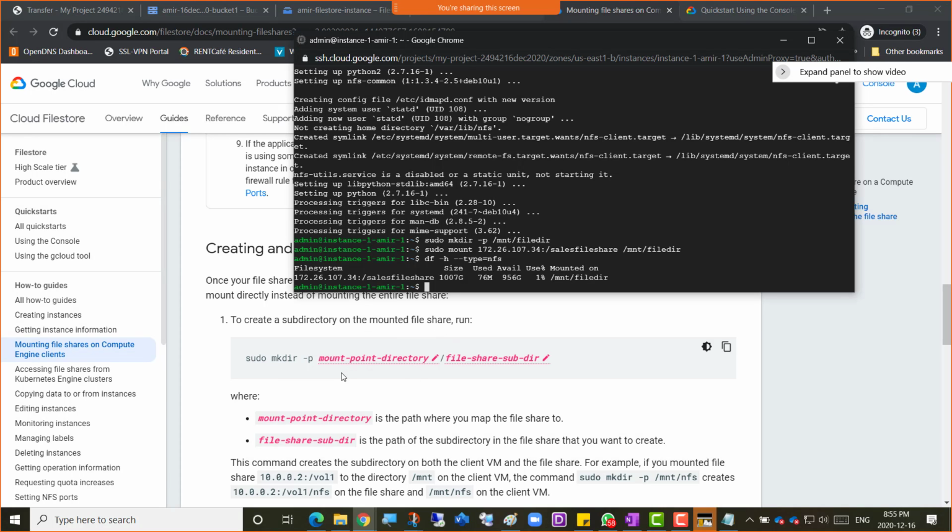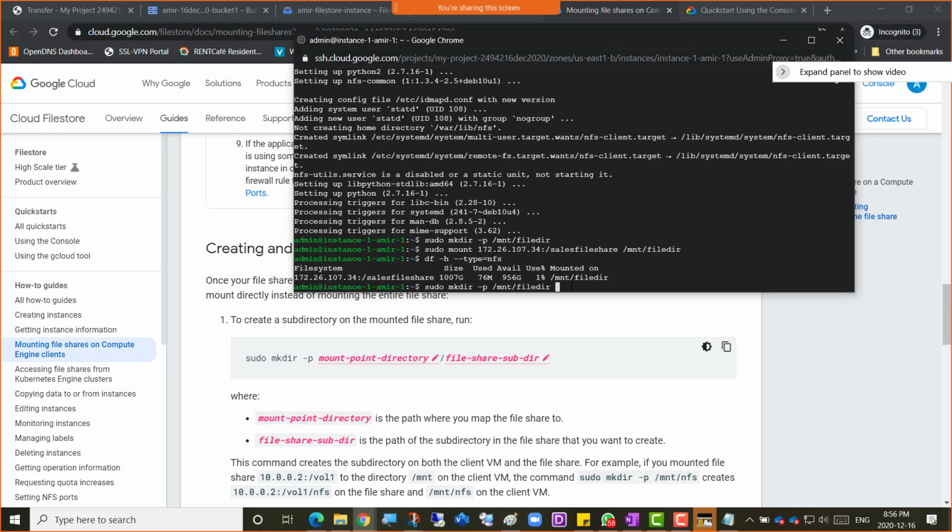So this is sudo mkdir, and okay, so that would be sudo mkdir -p /mnt/ what was that, file dir,